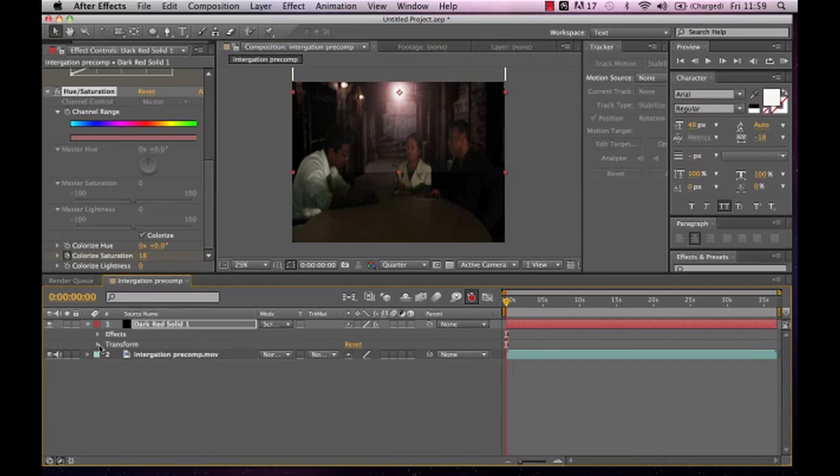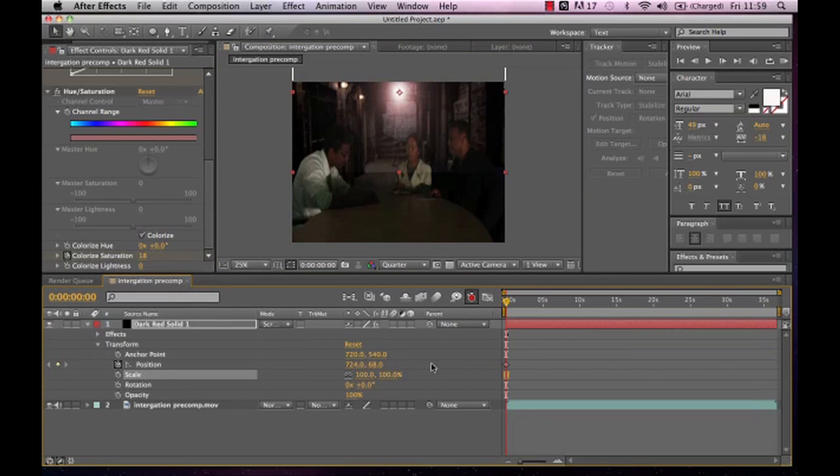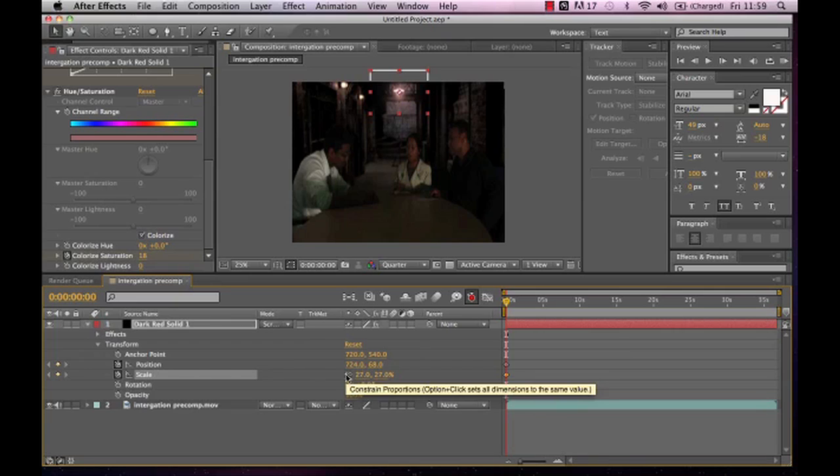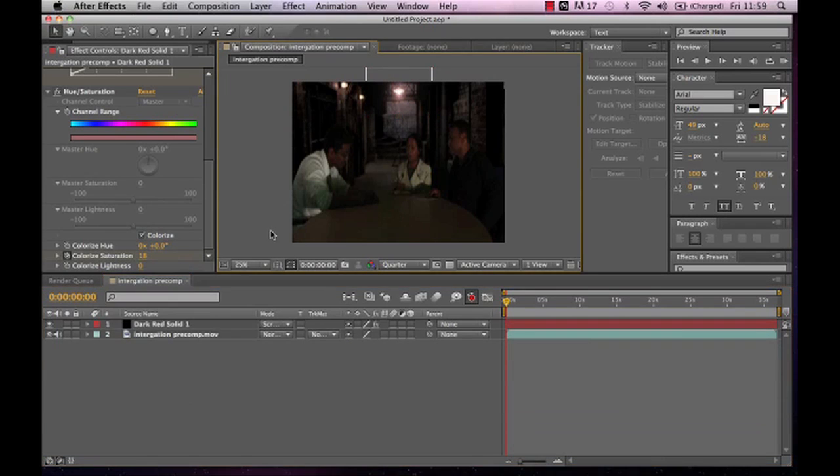Rescale it by going down to Transform, Scale, and reduce its scale to about that. 20, about that. Yeah, there we go. So it's about there. So let's close that back up and see what that looks like. So there, it's there. We're going to make that light there flicker. Right. So then what we'll do now is we will select